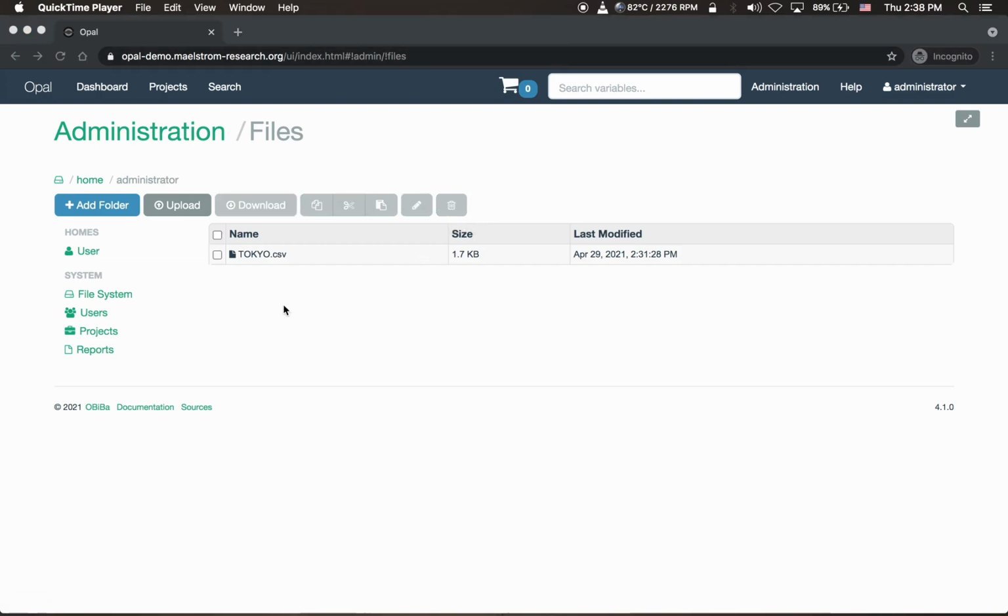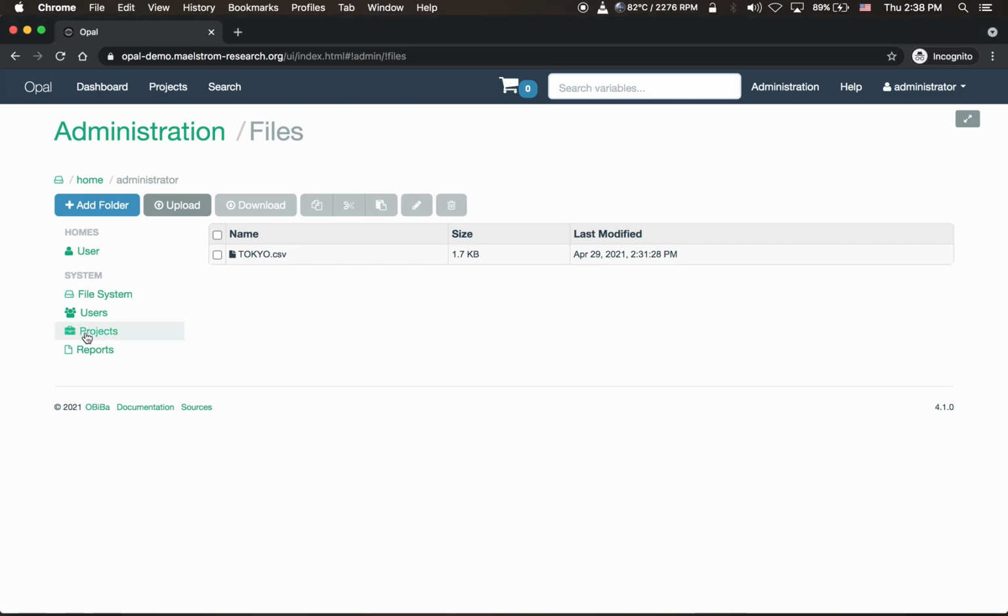Under the User section, you have the Project section. The project allows you to manage the files associated with projects. This section has the same functionalities that I have just described. We have just seen how to upload data to your personal folder. We can now move on to the next step and see how to view and manage data tables in different projects.